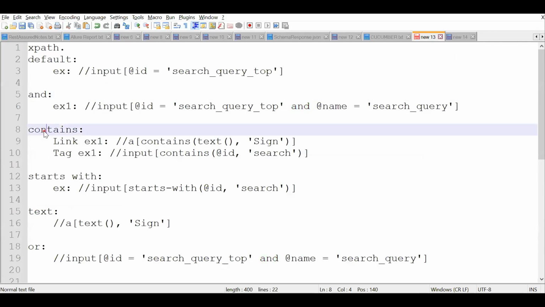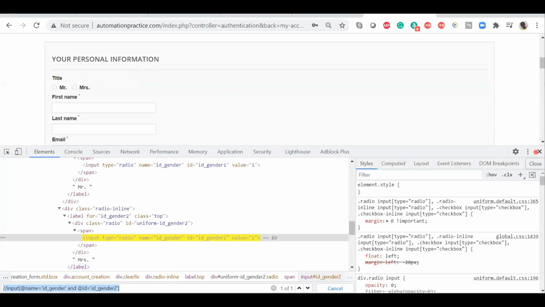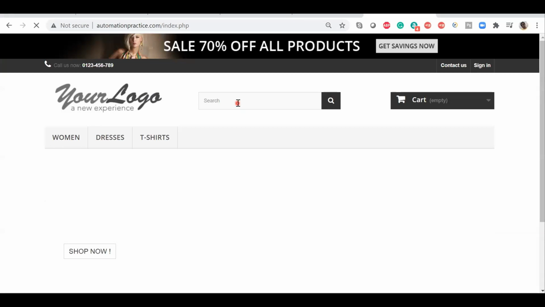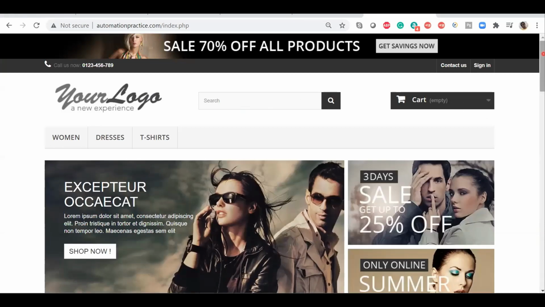And now the next one, it is contains. Okay. I'll show you the contains example. So go back to the home page. There's one more option in the XPath, which is the contains keyword. So the contains keyword is, I'll